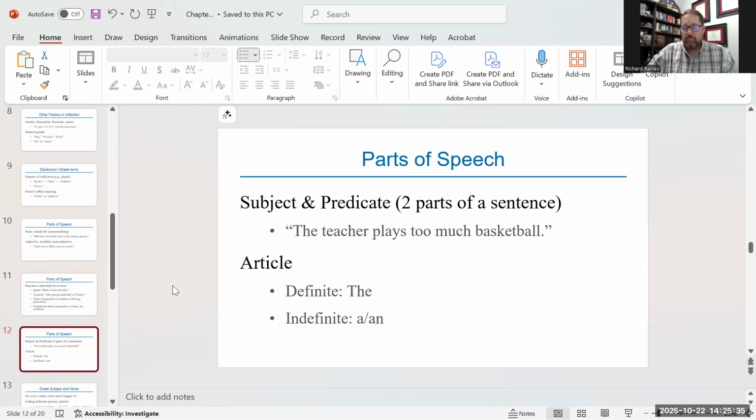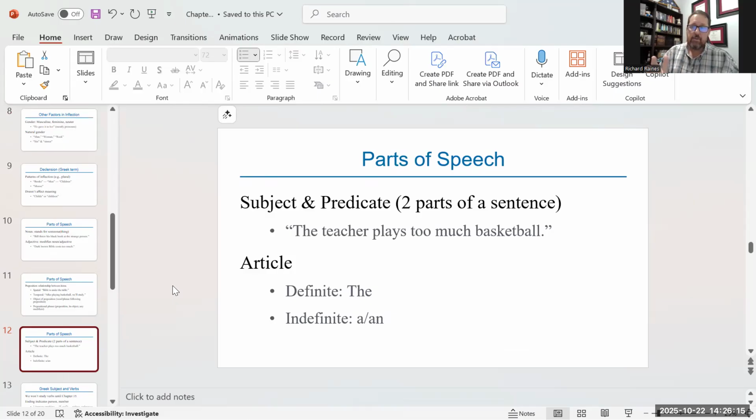So what you're going to learn, for instance, is that there are a number of ways to say "the" in Greek, and it's going to follow the declension of the noun. So if the noun is nominative, masculine, singular, then that's what the article is going to be. And even though those terms don't mean anything to you, they will very, very soon. The noun and the article are always going to match,